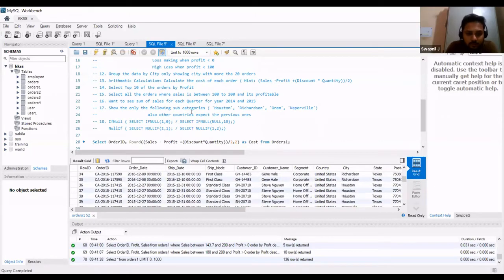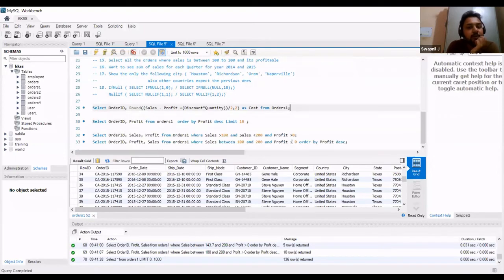So I want to look at it in two parts. I only want these cities in my output, and I don't want other cities. The other part is I want to see the other cities apart from these. So in the first, I want my output to have only these 4 cities. So how will you go about it?